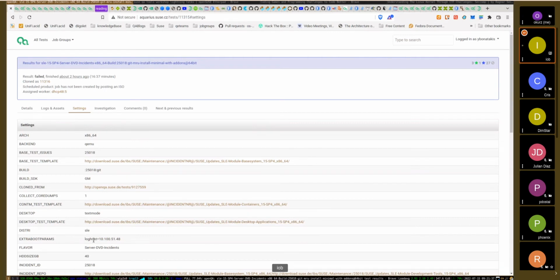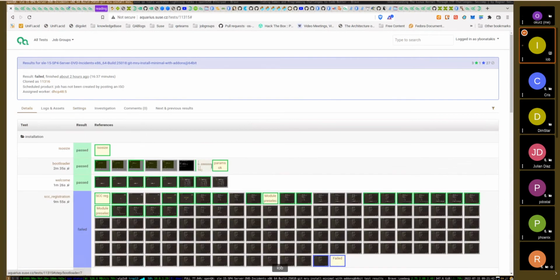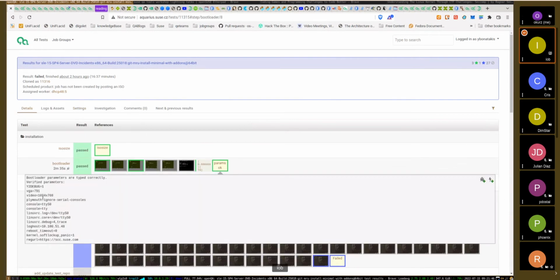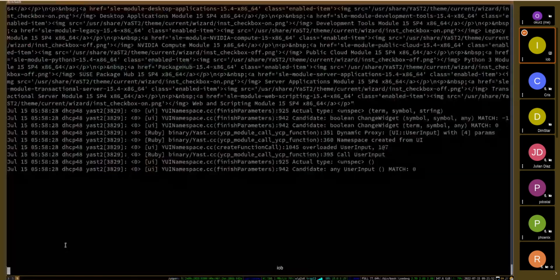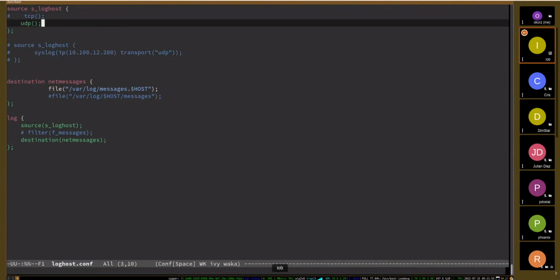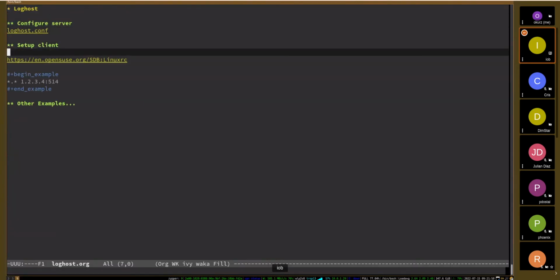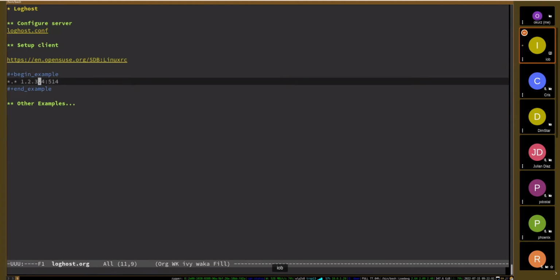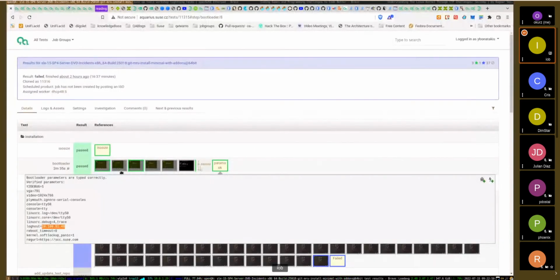So in YaST, when you pass the parameter as you see here in the boot, the only thing it does is create an entry which looks like this on the server side, which says get me everything on this IP. And it has a default port, I assume. Yes, so in localhost you don't need to give the port, you just pass this parameter. And when you trigger this,